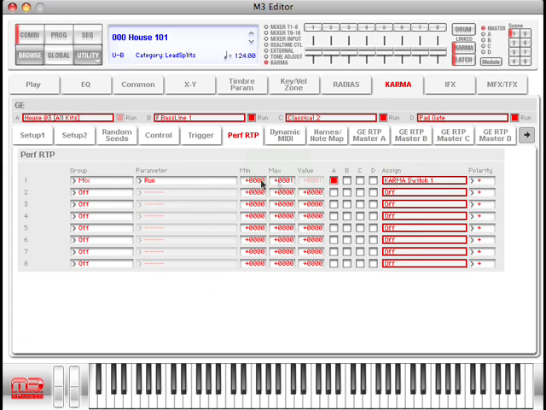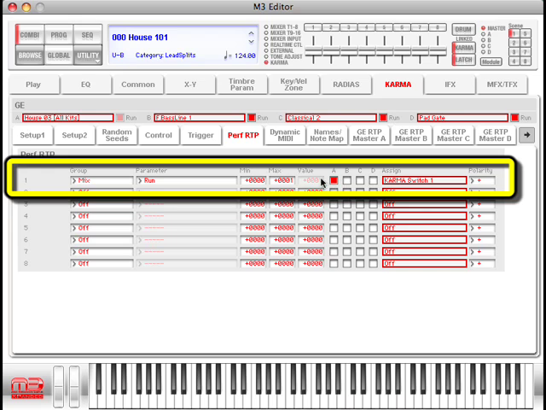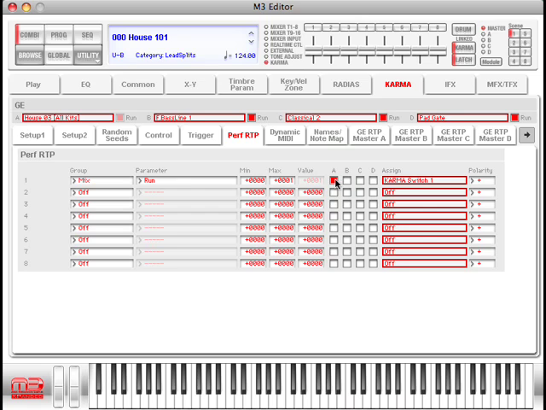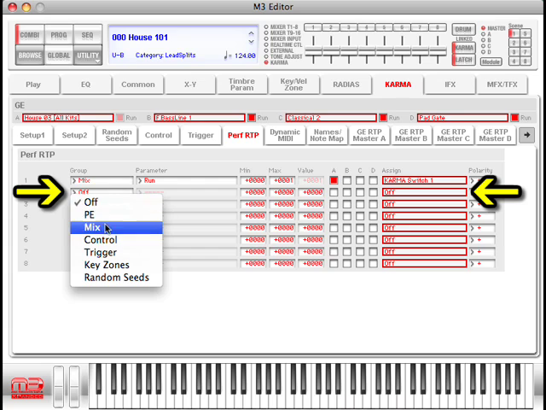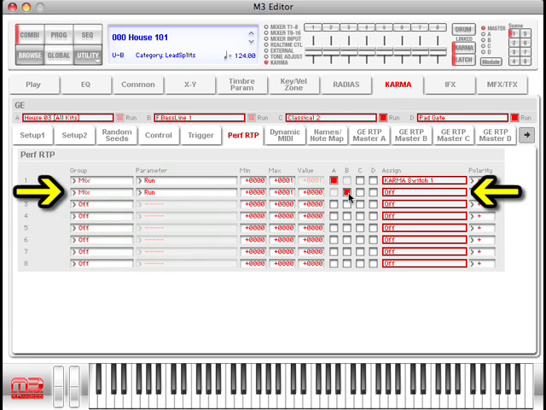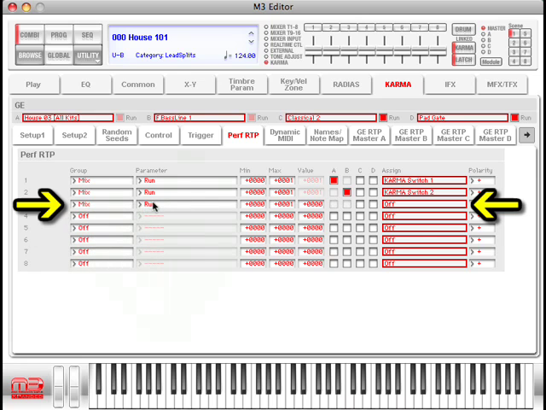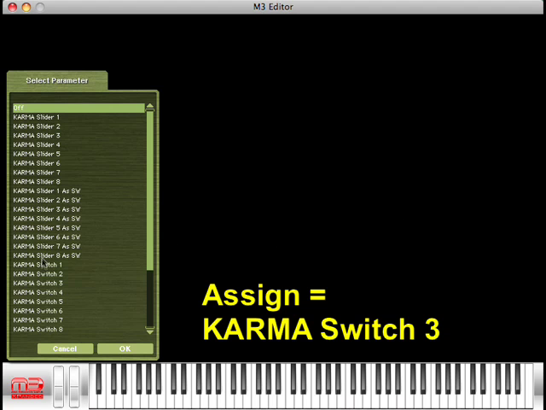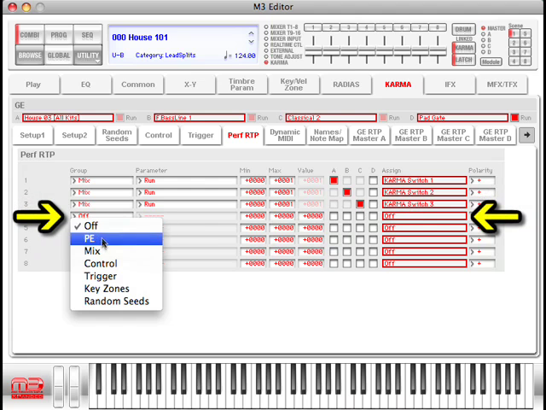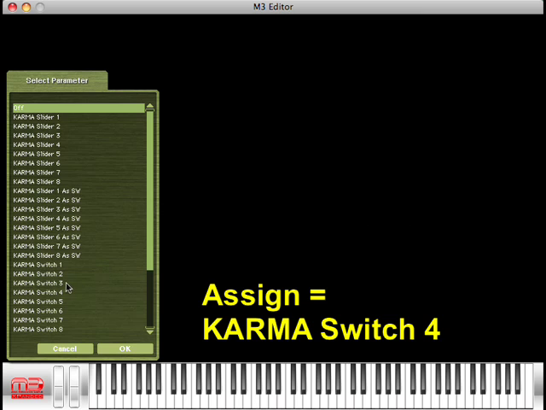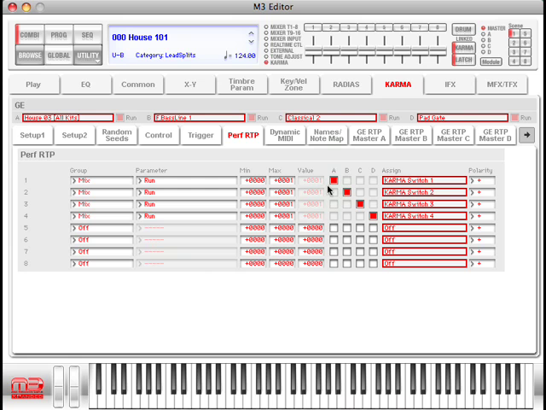So again, what this line now reads is that Karma switch 1 is going to apply the module run parameter to module A. And if we just follow a very simple pattern, mix run B, Karma switch 2, mix run C, switch 3, mix run D, Karma switch 4. We've got our 4 Karma switches assigned,